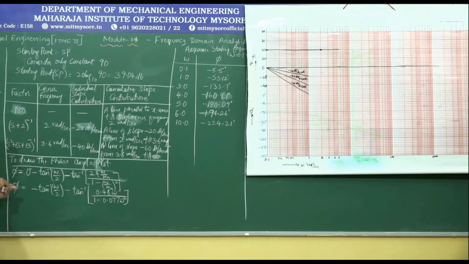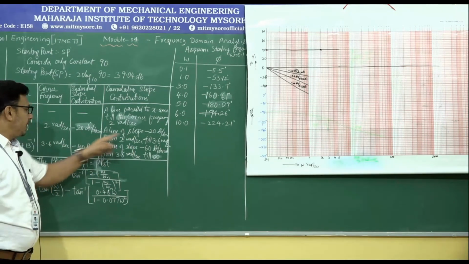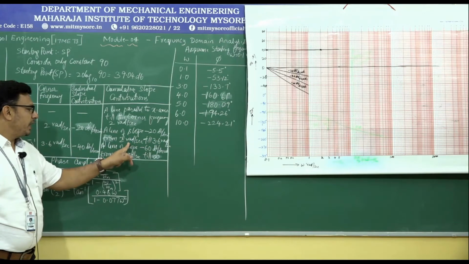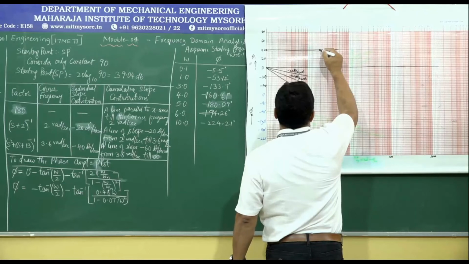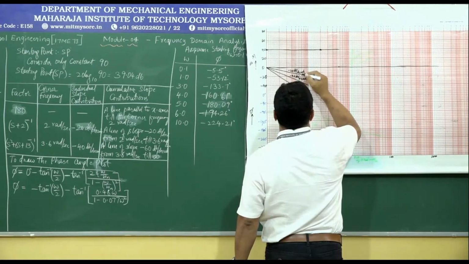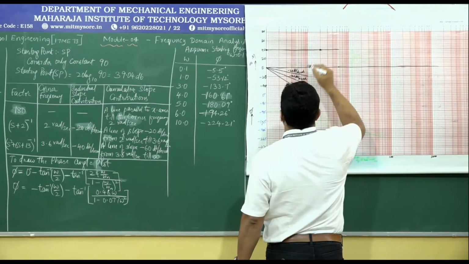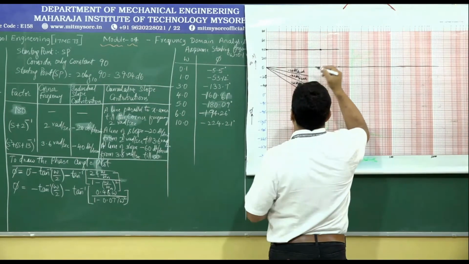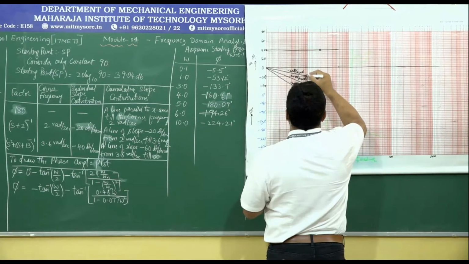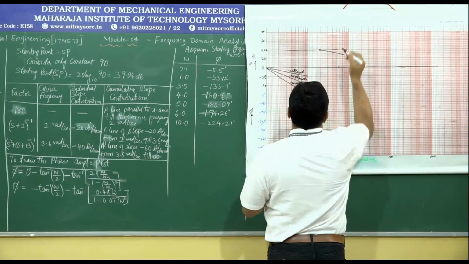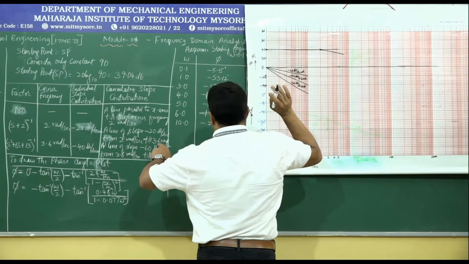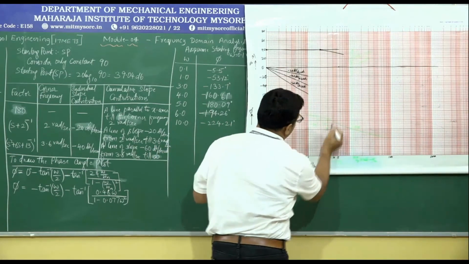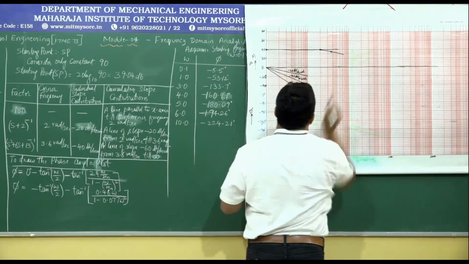Then for the next factor, s plus 2 power minus 1, it will be a line of slope minus 20 decibels per decade from 2 radians per second till 3.6 radians per second. So from here you have to draw a line, which is parallel to this line, because from here what you draw, it should be a line of slope minus 20 decibels per decade. So from this point you draw a line which is parallel to this line. How long you should draw? Till it goes till 3.6 radians per second. So 3 is here, 3.6 comes somewhere here. So till here you must draw.